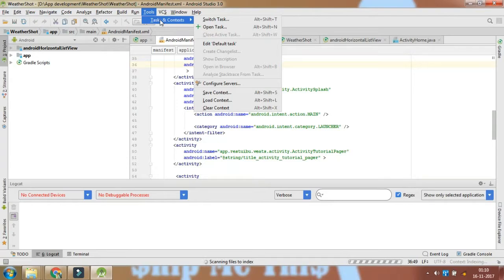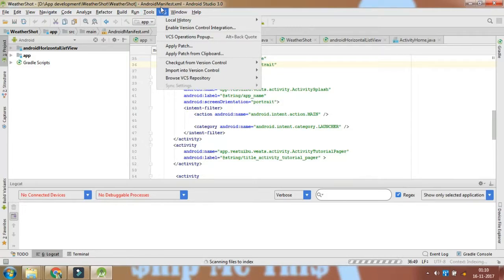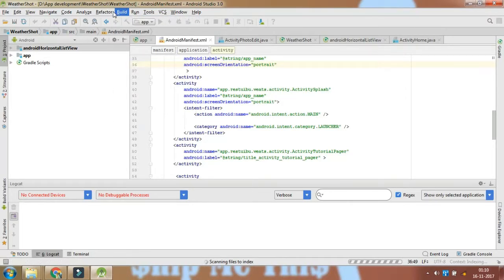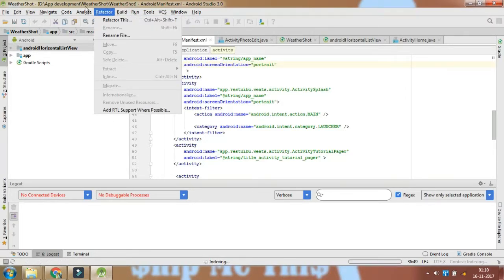Okay, before there were options for JDK and all this stuff, accessing SDK and stuff. Now they've changed, they added VCS. Okay, cool. They added RTL support.